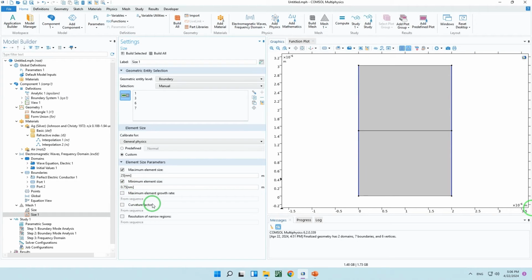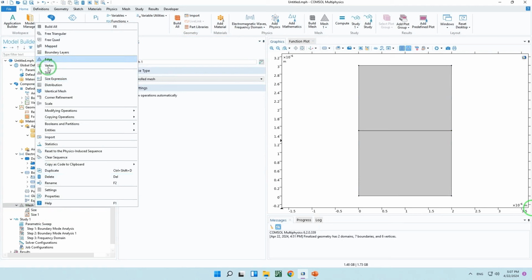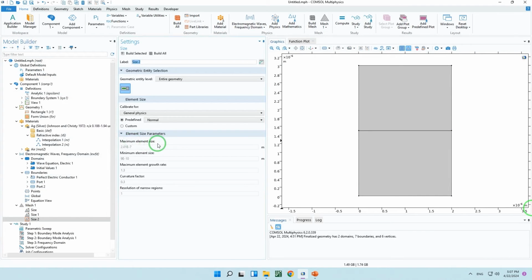The maximum element growth rate is 1.3, the curvature factor is 0.3, and the resolution is 1. And for size 2, I add another size. For size 2, I can choose the boundary 4,